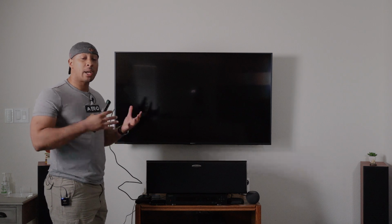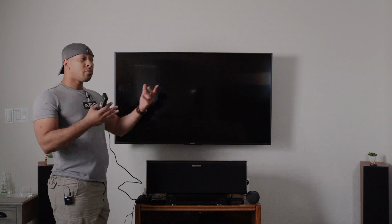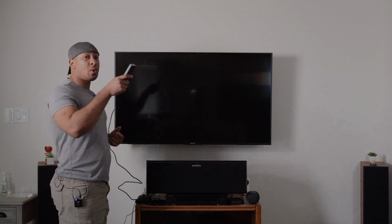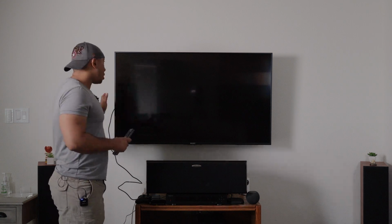And the reason why I have it hooked up to my Xbox Series X is because I know I can showcase 4K60, which is the max that this can do. And it can do HDR. So that's the sender. On the receiving side, which is going to be hooked up to my TV, I have